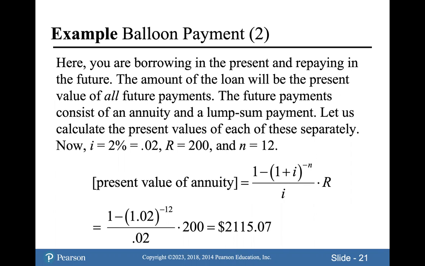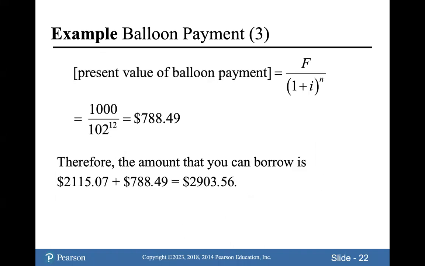So first, for the $200 payments, the annuity, we'll use this formula to find that the present value of those $200 payments would be $2,115.07. And then using the regular future value formula that we talked about, I believe that was 2 sections ago, the present value of the balloon payment is the future value divided by 1 plus I to the power n, which is,